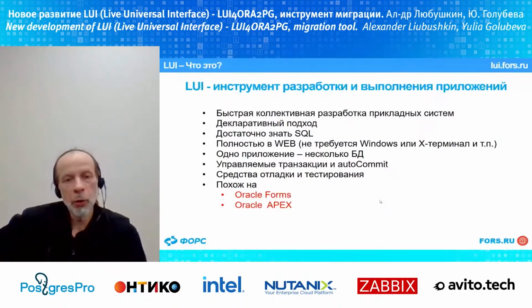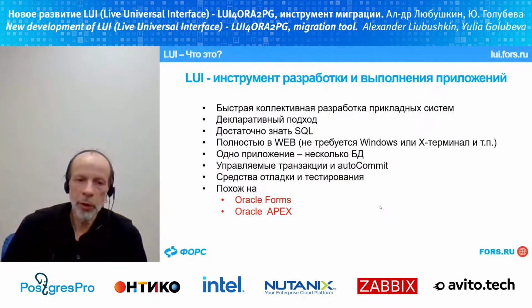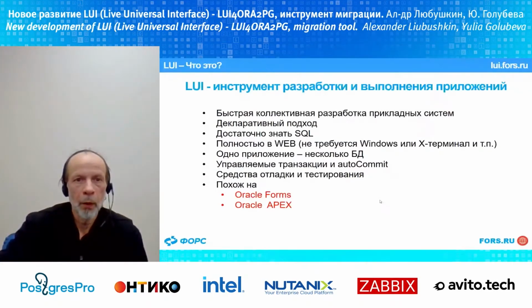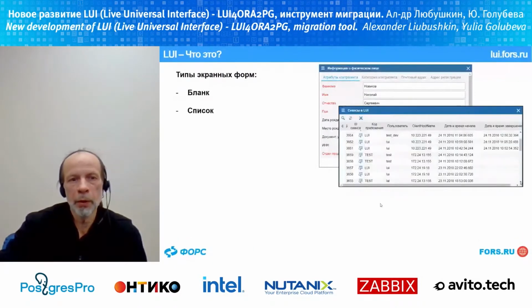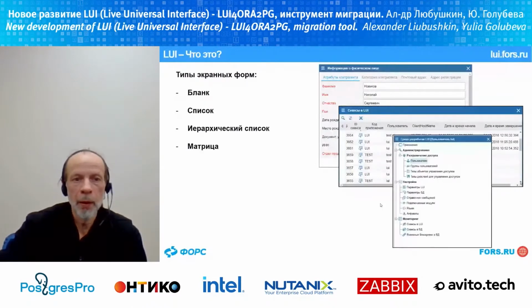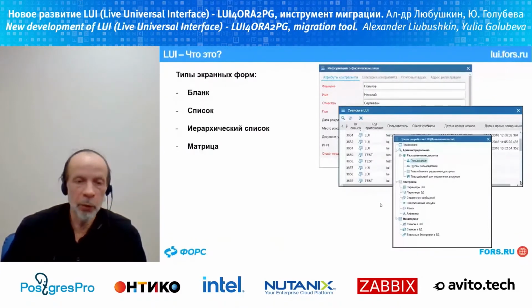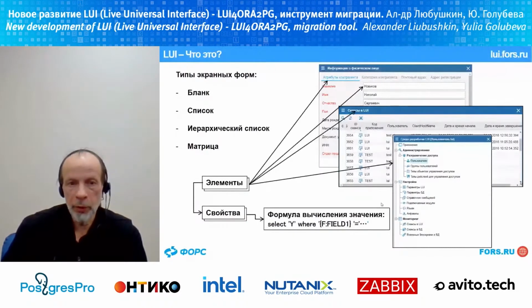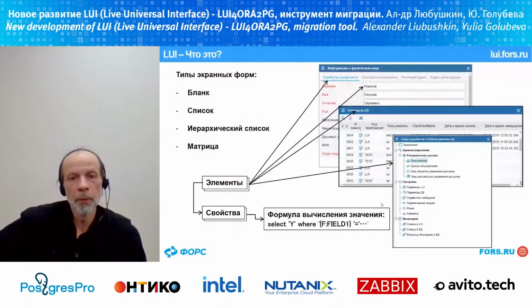The maintenance and the testing tools. This tool is similar to Oracle Forms and Oracle Apex, so it plays an important role in migration of the third level. It allows creating different forms for editing, for search, for lists, for hierarchical lists, matrices, and there are different elements and a declarative computation language, and we can use SQL, JSON, and JavaScript in its declarative notion,